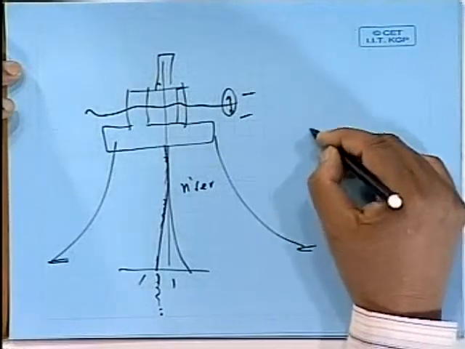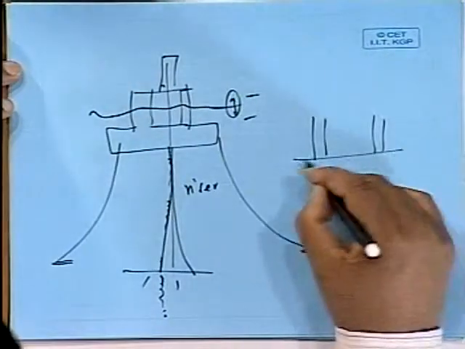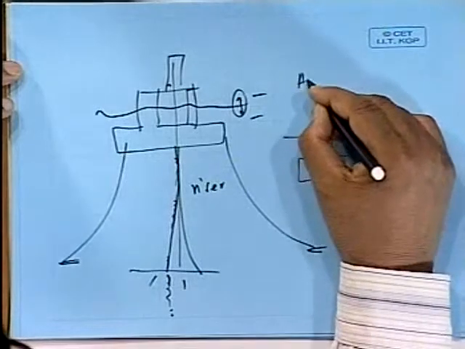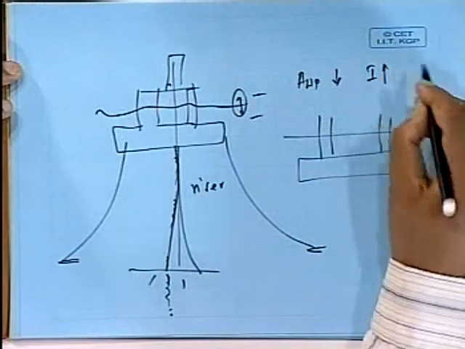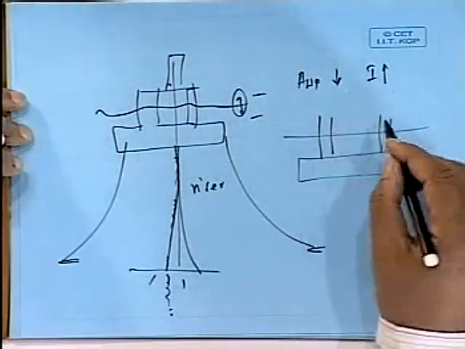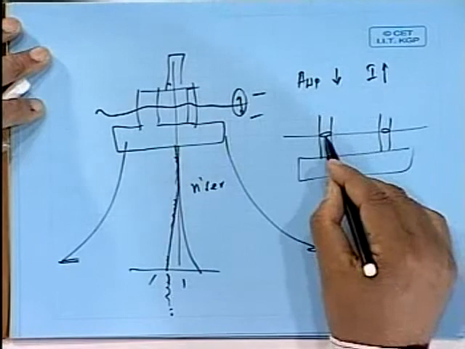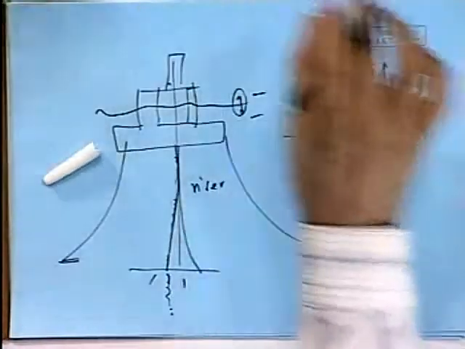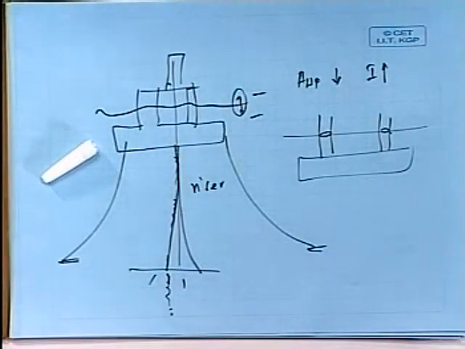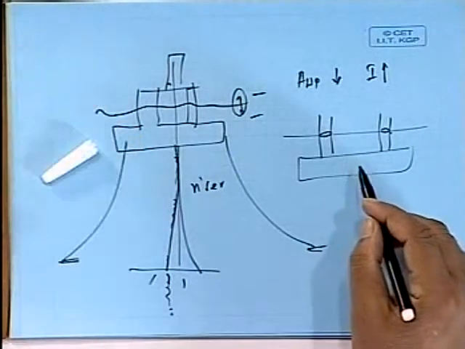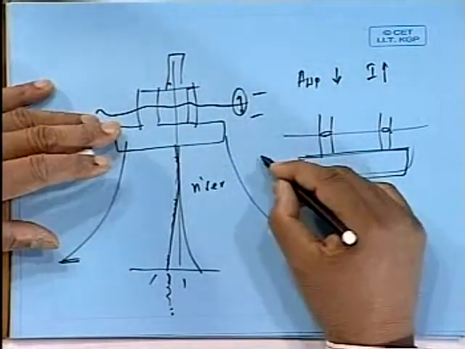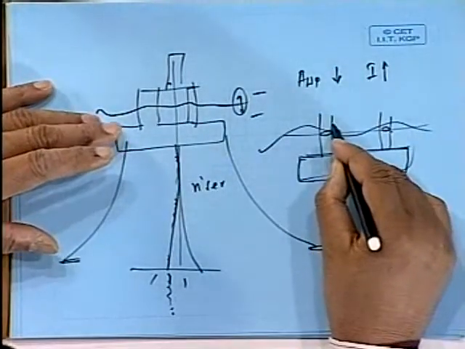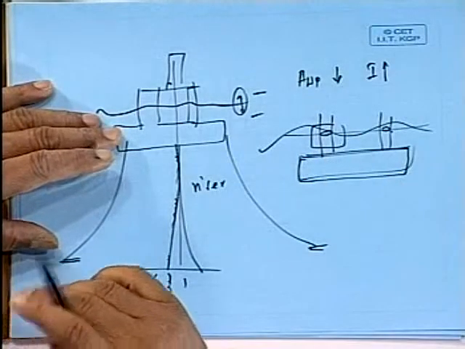Why semi-submersible? The interesting concept is that you need to reduce AWP, the water plane area, but you need to increase I because of safety and stability. So you reduce AWP by taking two parts and making them separate, like in a catamaran hull. So I goes up, A comes down. But I need buoyancy. Where to get buoyancy? Put the buoyancy chamber below. Why? Because when the wave comes, it gives the excitation mostly near the surface. So the part exposed to the wave is less, and it doesn't heave much.